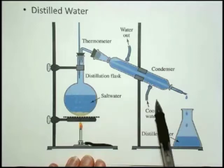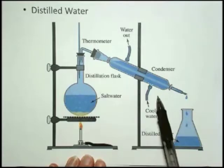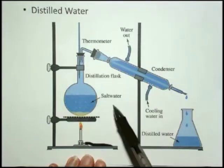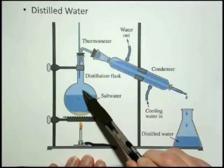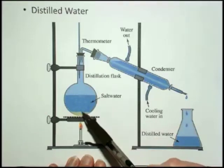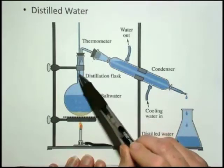And this is just an example of a little distillation setup that you'd have on your bench top. But you could imagine industrial size distillation apparatus would be set up if you were trying to clean up enough salt water for your whole city. In this case, the salt water is heated and it boils. When it boils, it's the water going from the liquid to the gas phase. The boiling point for salt is much higher, so the salt does not boil, it stays behind. And so what happens is the water is separated from the salt water, and it goes up the tube,